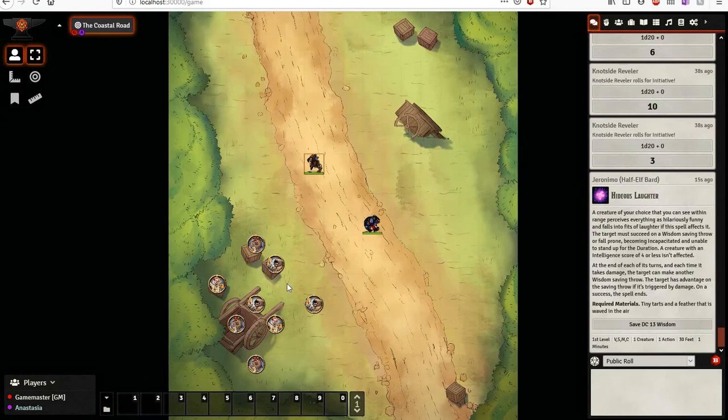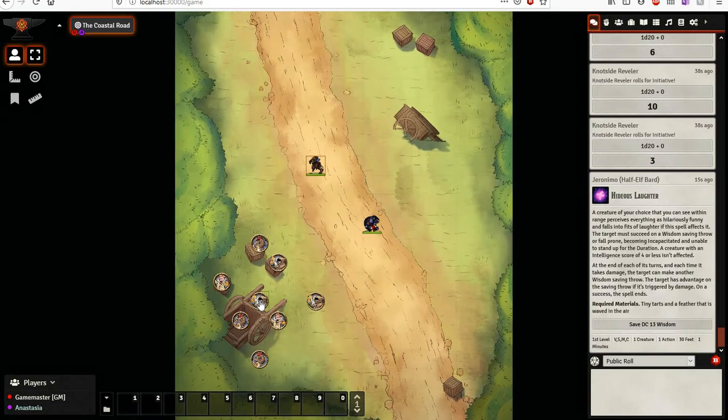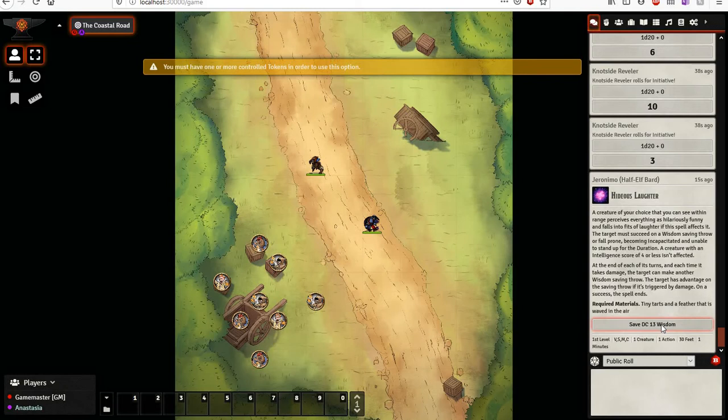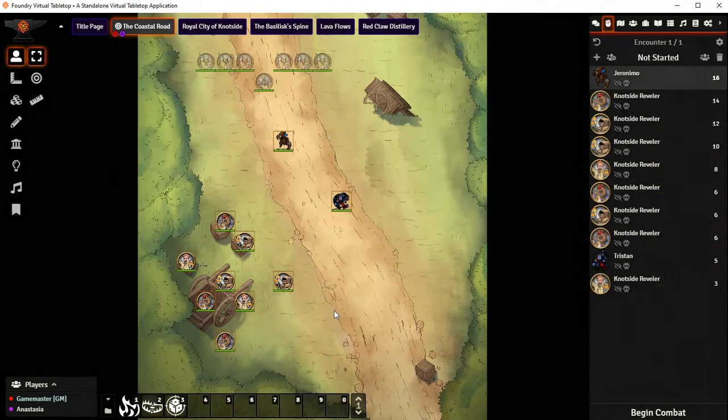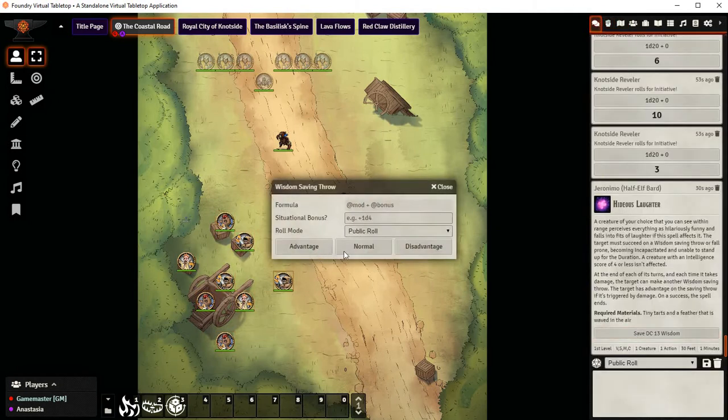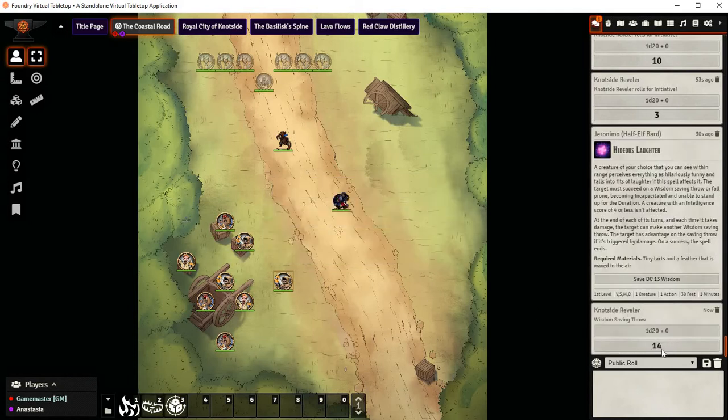Yeah. So now, I think if I click on this guy, right, select this guy, one or more controlled tokens. Oh, I'm in Anastasia's screen, sorry. So let's say we cast Hideous Laughter on this guy. And it just rolls the wisdom save for that guy. Didn't need to go in and click on anything, I just click on where it pops up on the spell here. If it was on 2 people,